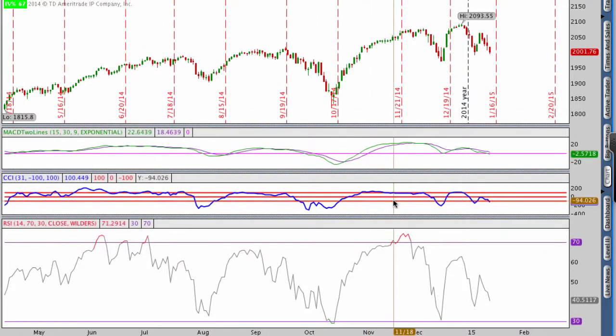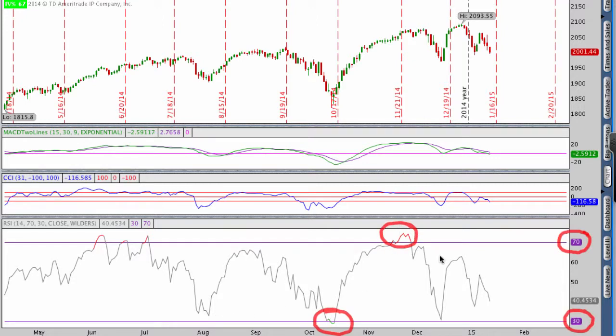Now RSI is a little bit different. RSI is a judge of relative strength in the index or the stock that you're looking at, and with RSI you are looking for these overbought and oversold ranges. So you can see here that the overbought range is about a 70 reading on RSI and the oversold range is about 30. Everything in between is relatively useless because you are really looking for those extreme points at which stocks